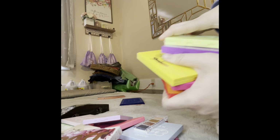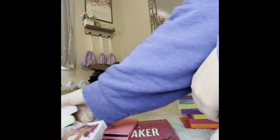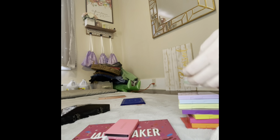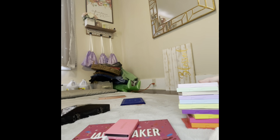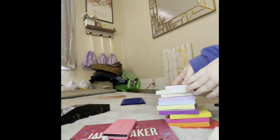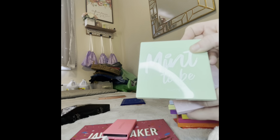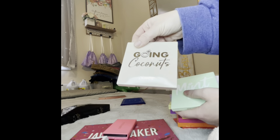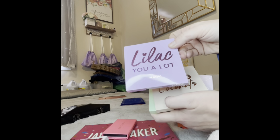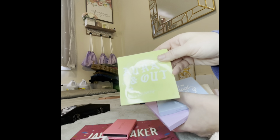So I have a whole stack here of the ColourPop 9-pan monochromatic palettes, and I am keeping every single one. I absolutely love all of these palettes. Let me make sure they're in frame here. So I'm not gonna show you all of them because there's a ton of them, but I have the Cloud Spun, Mint to Be, Going Coconuts, Lilac You a Lot, On Cloud Blue, Aura and Out,